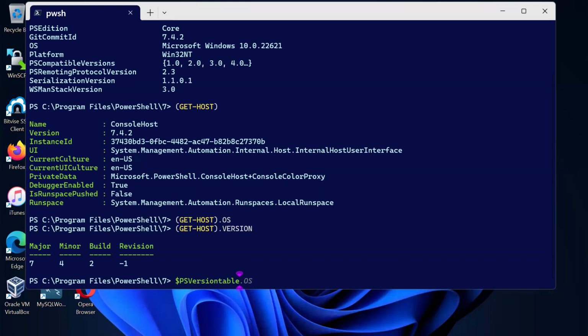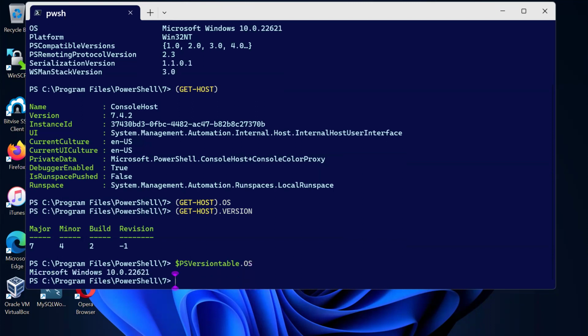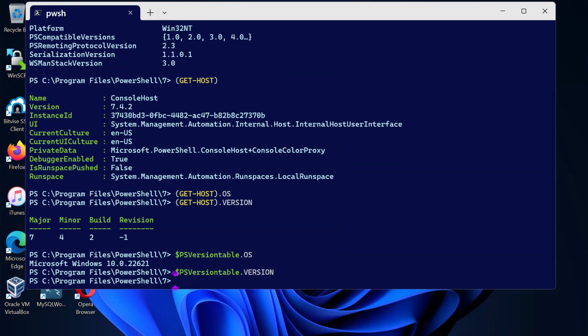PowerShell version table, this one has a dot operator because it's an object, and then you can just give all these kinds of fields on it. Say, give me, for example, the OS, all right? So it will tell you the OS version. Give me just version information. It will just, if there's a version dot,